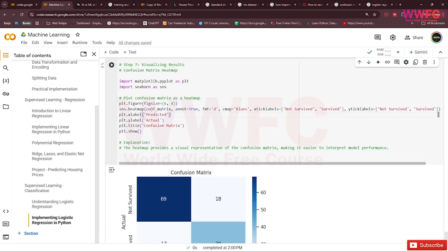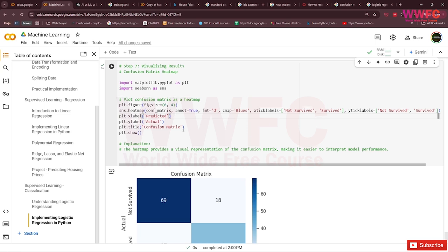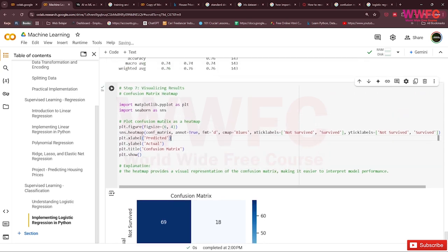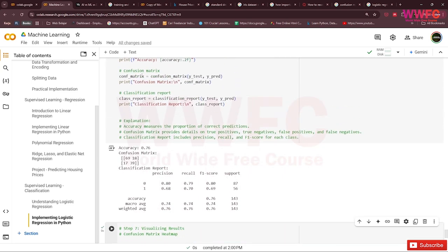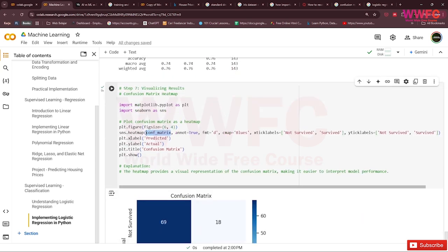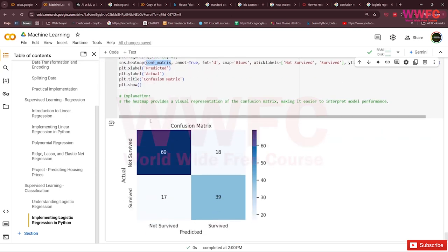This is really the explanation again about the confusion matrix, as you can understand it. We use the seaborn heatmap with the confusion matrix we computed before. The x tick labels are not survive and survive, and the y tick labels are not survive and survive. The x label is predicted and the y label is actual.